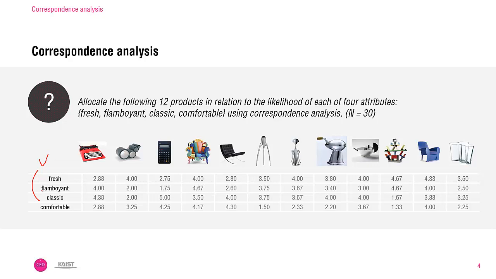The task here is to allocate the following 12 products, and the rule is that their position should be determined in relation with their scores on each adjective. When we consider the average scores in this table